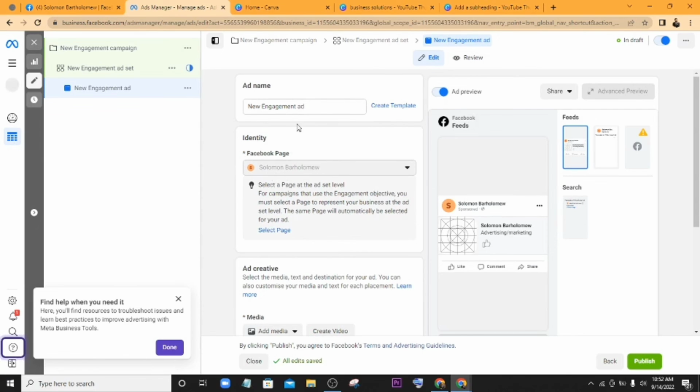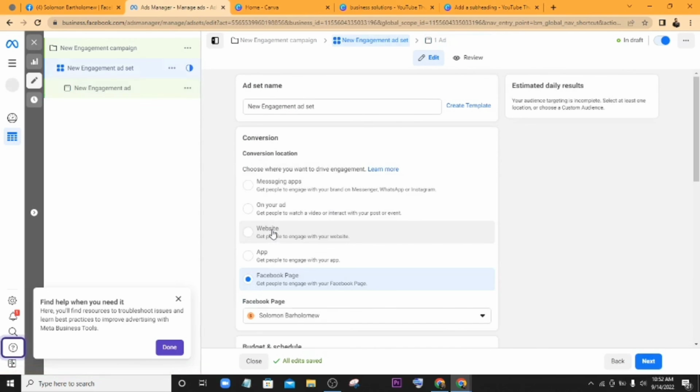This is basically an overview of how the Ads Manager works. I'll do another video that gives an in-depth explanation of the different functions of the Ads Manager. But if you follow these steps systematically, you are good and set to start running your Facebook and Instagram ads. Okay, so you want to pick the specific place that your ad is going to be working at. Of course, it's on our Facebook page. There's an option to do that there. It just takes you back to that place.